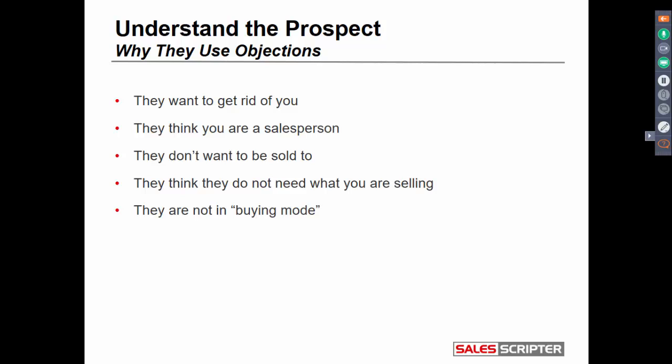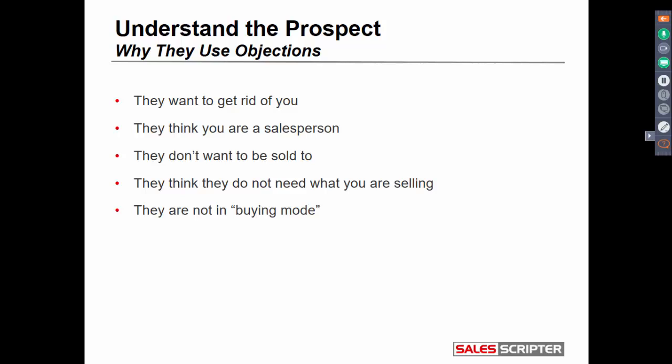They give you objections, sometimes not because they truly believe the objection they're telling you. They're giving you the objection to get rid of you. One of the reasons they're trying to get rid of you is because they sense that you're a salesperson, and you're going to start to sell to them because that's what salespeople do. They don't feel like being sold to, maybe because they're working, or because sometimes a salesperson trying to sell to you is kind of annoying. So they put their guard up.